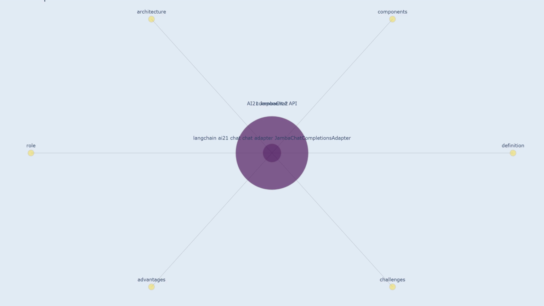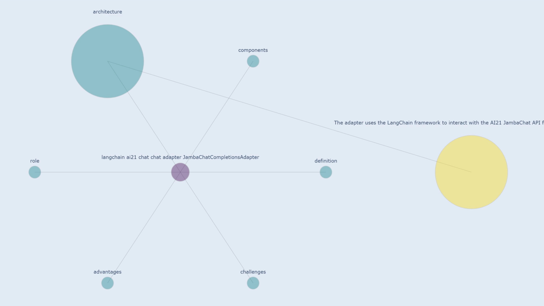Component 2. AI21 Jamba Chat application programming interface for natural language understanding and generation. Capabilities. Architecture. The adapter uses the LangChain framework to interact with the AI21 Jamba Chat application programming interface for conversational